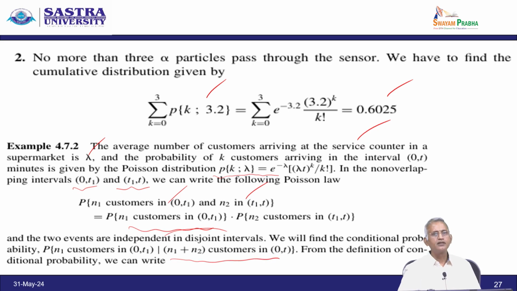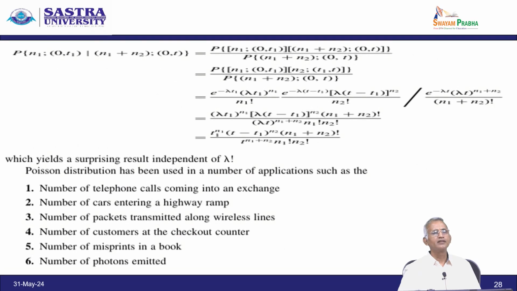So, from the definition of conditional probability we can write P of n1 given n1 plus n2, which is equal to probability of n1 and n2 divided by probability of n1 plus n2 in (0, t), and since they are independent, it splits into a product. We know the Poisson expansion of probability of n1 in (0, t1) is e power minus lambda t1 into (lambda t1) power n1 divided by n1 factorial. For the second term, e power minus lambda into (t minus t1) into (lambda (t minus t1)) whole power n2